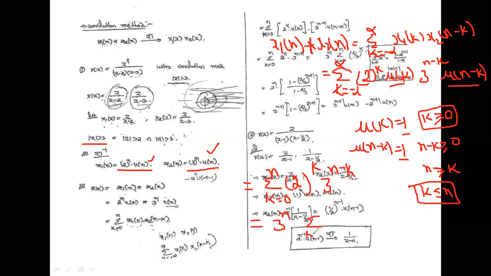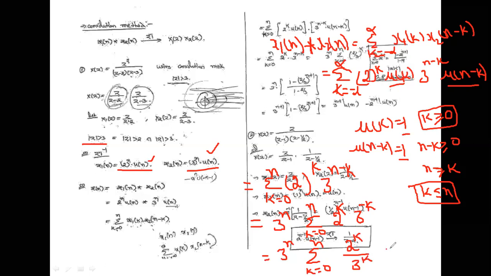The sum of k equal to 0 to n, 2 power k, 3 power minus k. And again you can write the 3 power n, and the value becomes 3 power k and 3 power minus k. Here both the bases are not the same. Both the bases are not the same functions. Got it, my dear students? So now I am writing the sum of k equal to 0 to n, 2 power k and 3 power k,